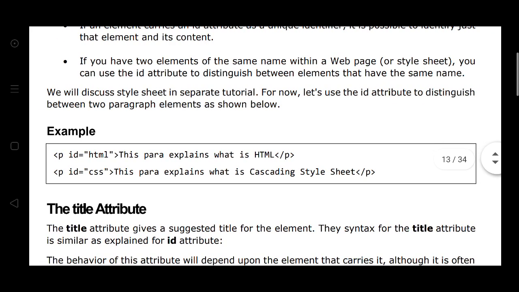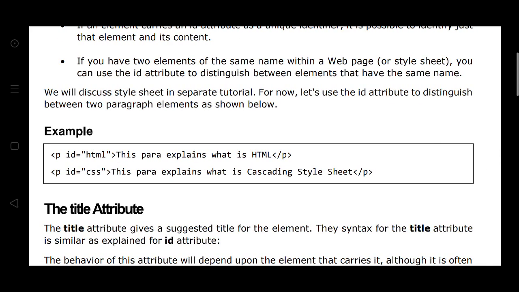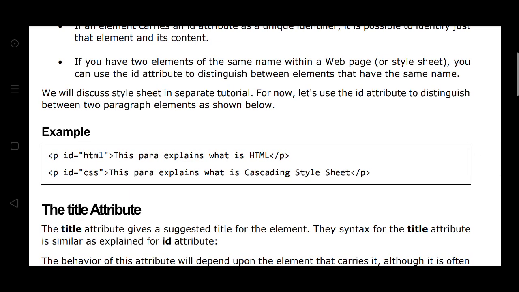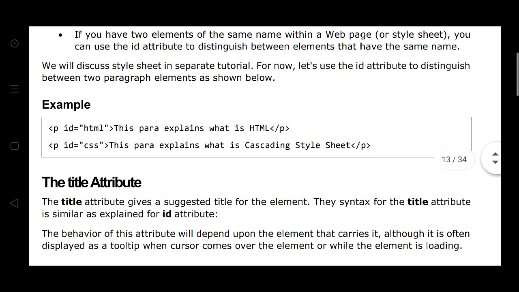The ID attribute is used to distinguish between two paragraph elements, as shown below: P ID HTML, this is a para element. What is HTML? P ID CSS, the para element. CSS is cascading style sheet.